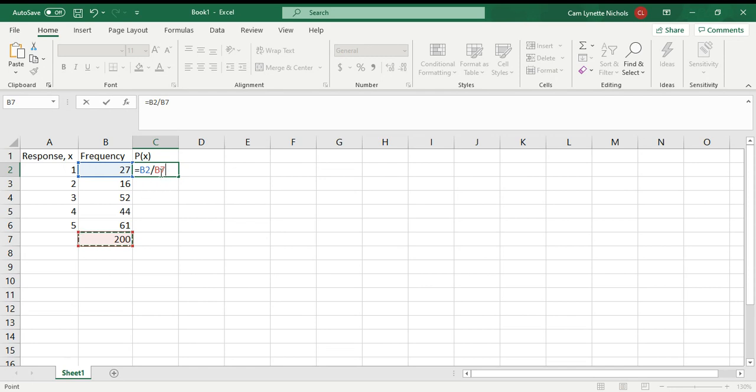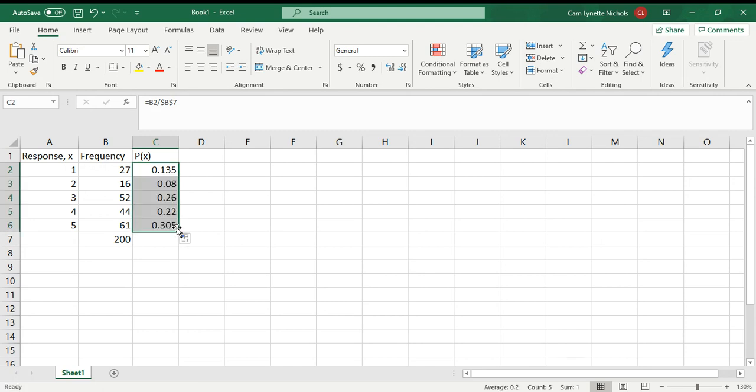And you can either type 200, or if you're going to select that B7, I don't want Excel to drag that down. So I'm going to actually put dollar signs around the B, and now it will keep that B7 the same. And when I drag down, I would then have my probabilities, and you can see B7 didn't change